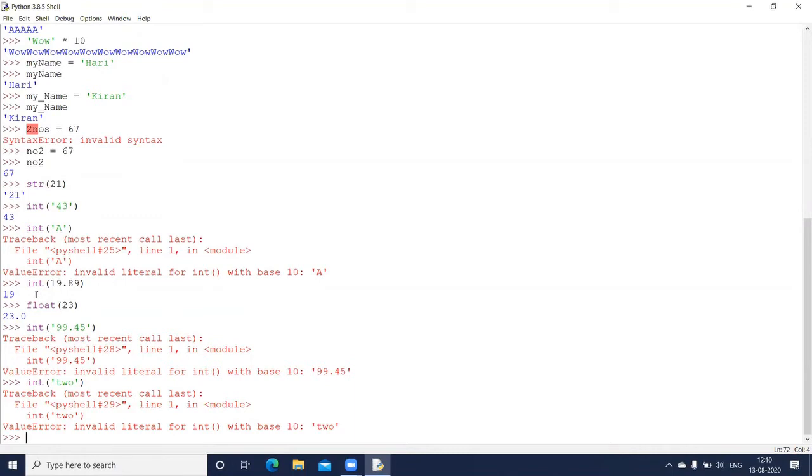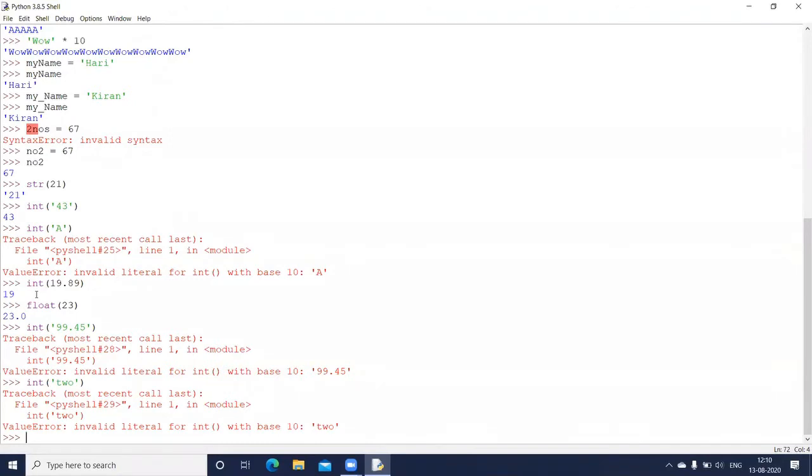Clear? So these three functions will be used frequently, because whenever we are going to make use of the input function to read input from the user, what will happen? All the input will be first of all treated as a string, okay, and not as a numerical value. Even if I say accept age from the user or some number from the user, that number will be enclosed in single quotes and it will be a string. If we have to perform any calculations on it, then we need to convert that into either integer or float numbers depending on your requirement.